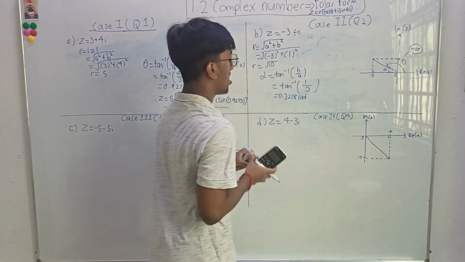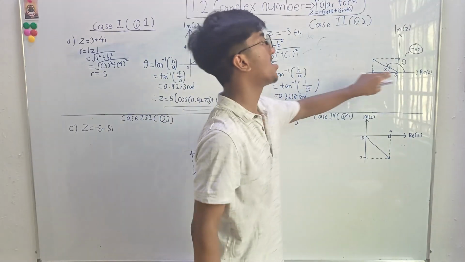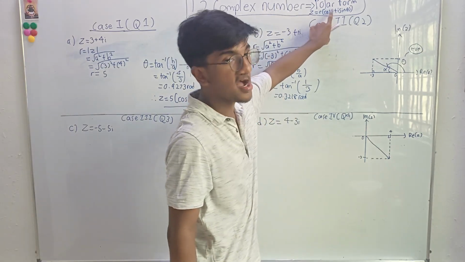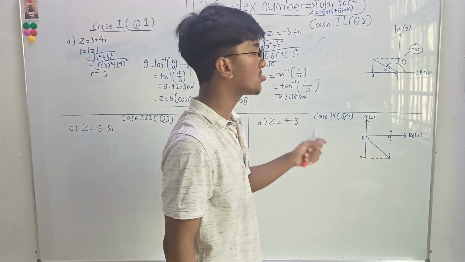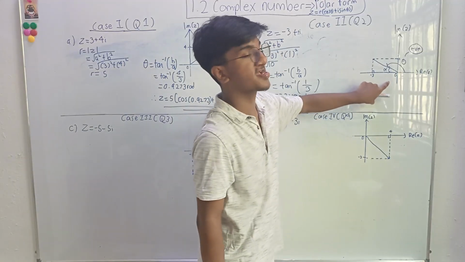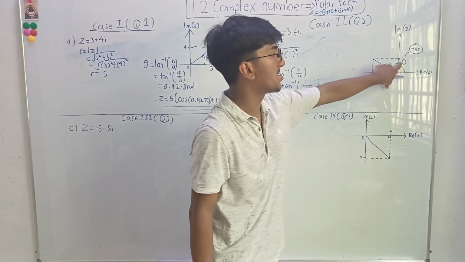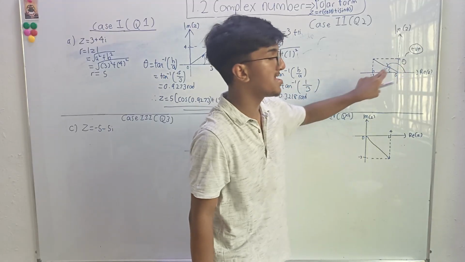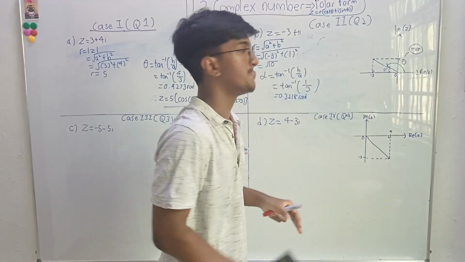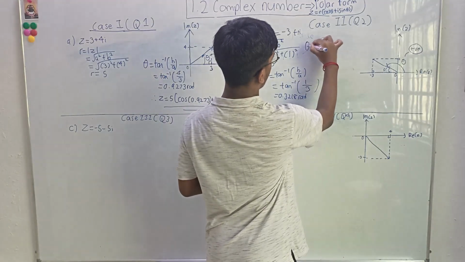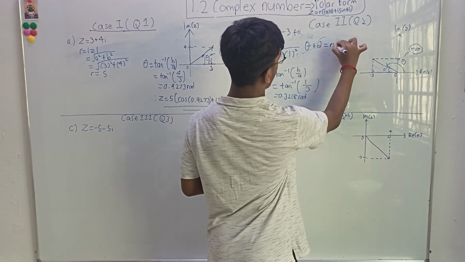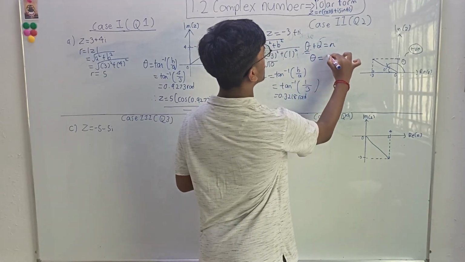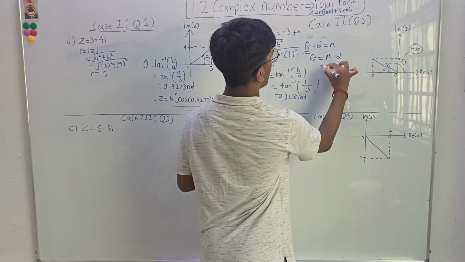Okay. So after finding the alpha, we need to find the theta because our target is to find the theta argument, not the alpha. So how to do that? We need to use the relationship between the alpha and the theta. As you can see, the theta and alpha, if we add them up, equal pi. So theta plus alpha equals pi. Our target is to find the theta, so theta equals pi minus alpha.